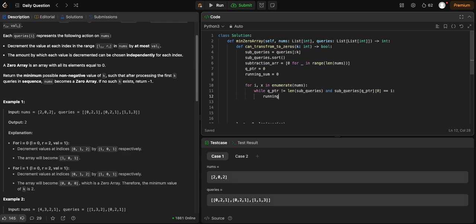So we want the running sum. We want to add value, so the value would be subqueries Q pointer 2. We want to add that. But then for the subtraction array, we want subqueries Q pointer. So that would be the end point, right? We need to add the value in there,